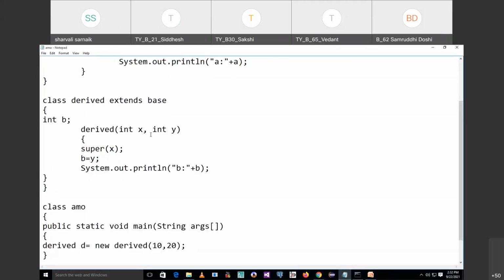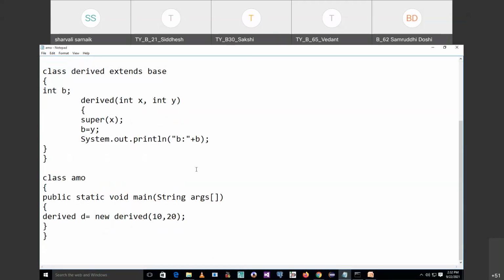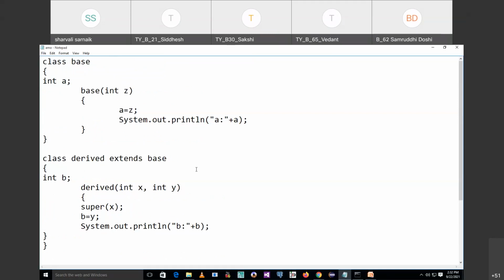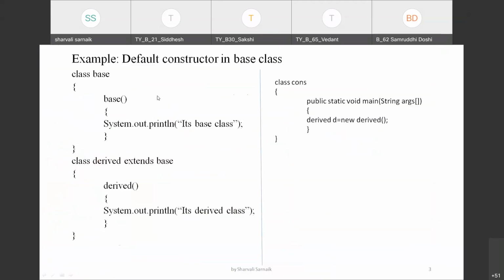So this means with the help of derived class, we have accessed this base class method by using super keyword. So super keyword will be used to access the base class methods. Okay. So this is the concept of overriding with the help of parameterized constructor. And with default constructor, simply without creating any object, we can give a call to our methods. See, this is the simple example of constructor overriding in default constructor. And then we have seen the parameterized constructor overriding.